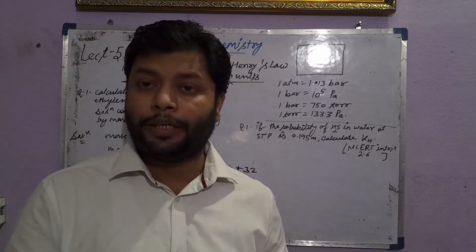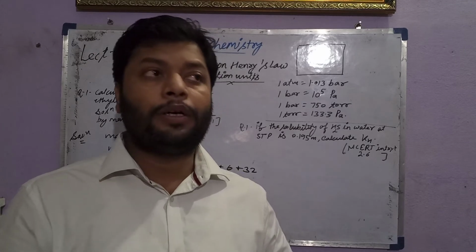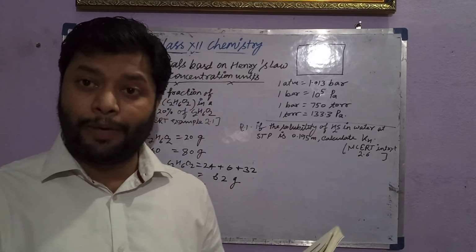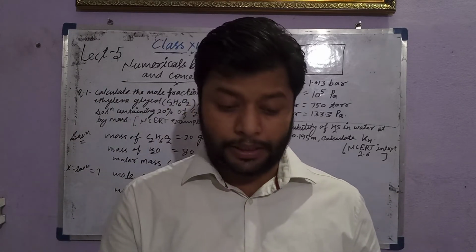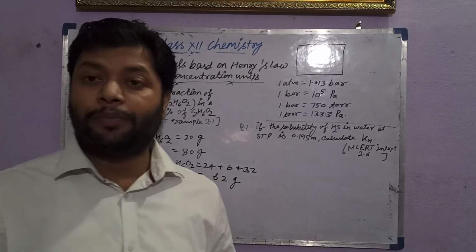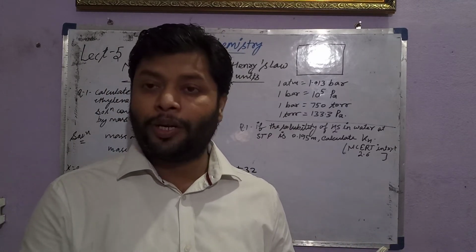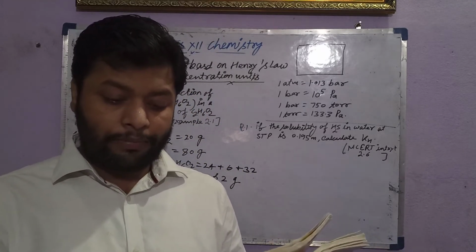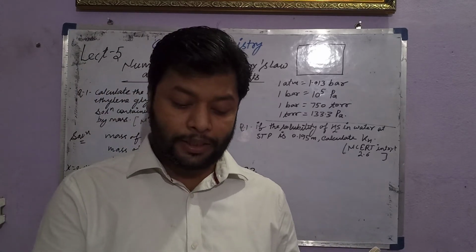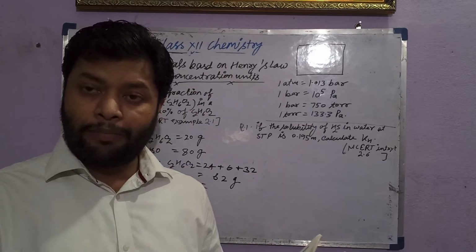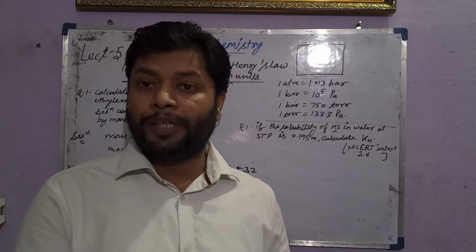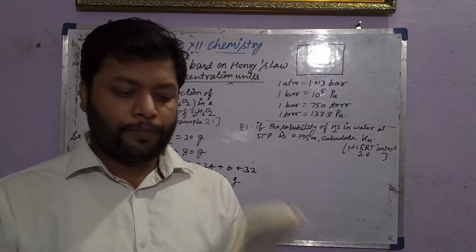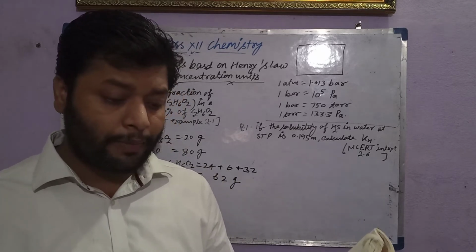For molarity, we have moles of solute upon volume of solution. The volume of solution is given as 450 ml, which you can convert into liters. The mass of solute is given as 5 gram, and the molar mass of NaOH is 40 gram. So with the help of the given mass divided by 40 gram of NaOH, you can get the value of moles, and that number of moles must be divided by 450 ml out of 1000, that is 450 divided by 1000, to get the value of molarity. That is an easy question given in the example. You can practice from the examples also.